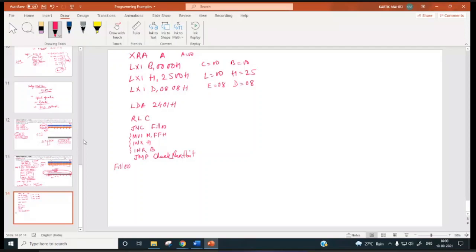Fill 00: MVI M, 00H, INX H, INR C, right? After this, DCR E, JNZ loop. So the loop will be here.